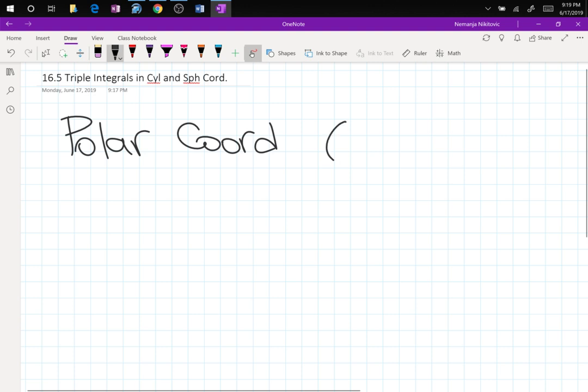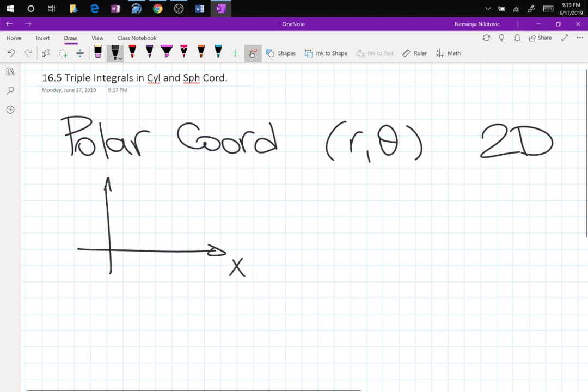So polar coordinates are r comma theta, and it's a 2D concept. Now, in order for the polar coordinates to work, we said that we had our good old x, y, and then to reach the point, we had radius r and angle theta. So this is what you guys learned in your Calculus 2 course. So now, on top of this, we are going to add the